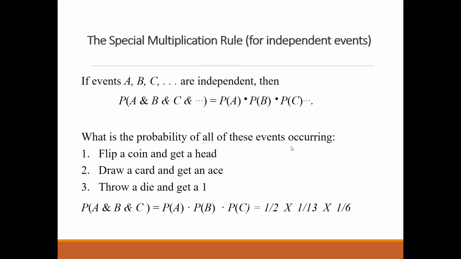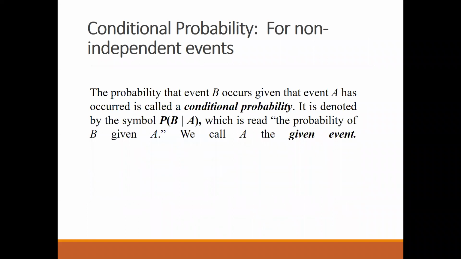Right, let's go ahead. Take another example. Now, there's something called conditional probability, for your non-independent events. That means the events depend on each other. It has to be written in a different form now. We can write the probability of B given A. So we have P(B), and we put a bar sign, or you can put a slash or a vertical line. It is read as the probability of B given A has occurred.